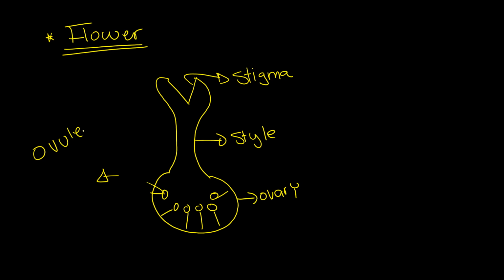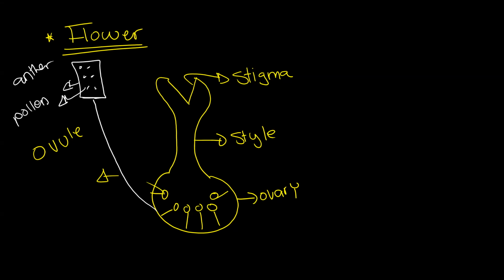Now, this is the female part, which is called the carpel or the pistil. And then you have the male part of the flower, which is made up of two parts only, the filament and the what? Anther. Very good, the anther. And the anther, what does it produce? The